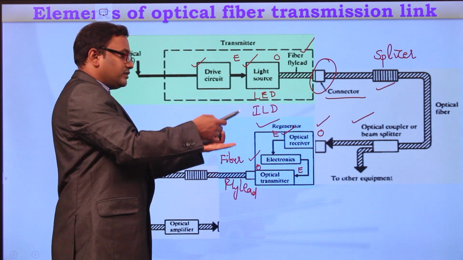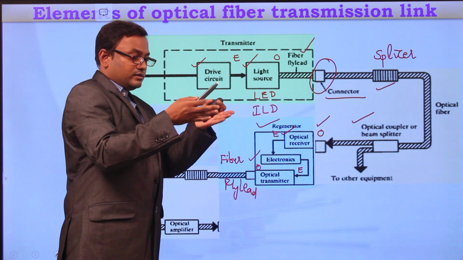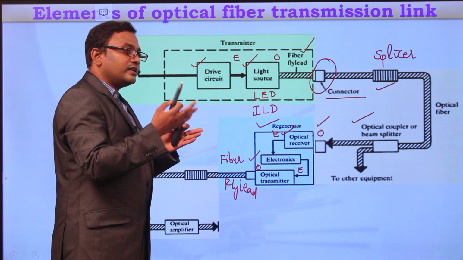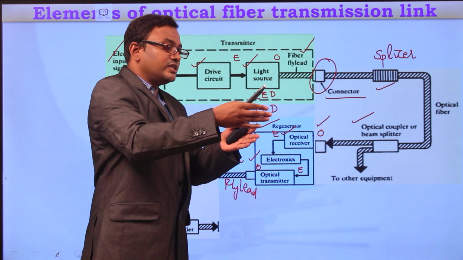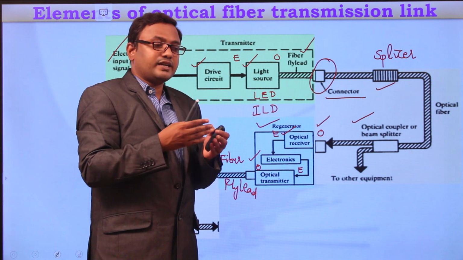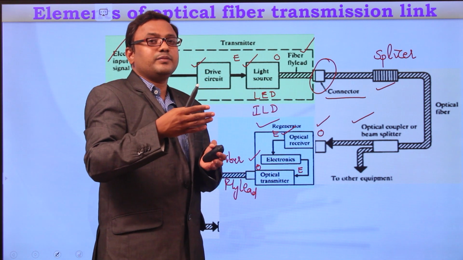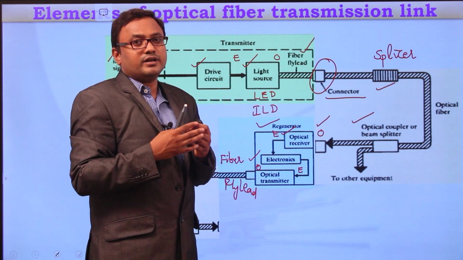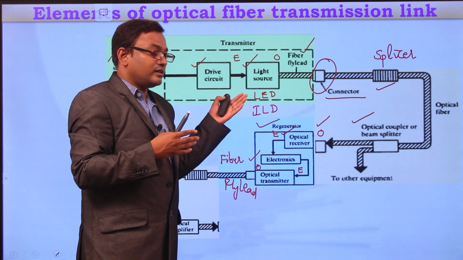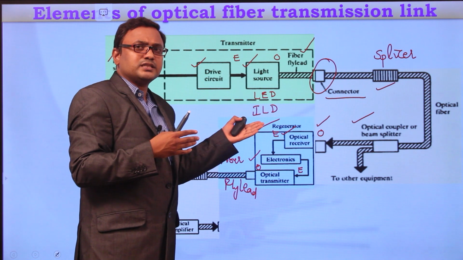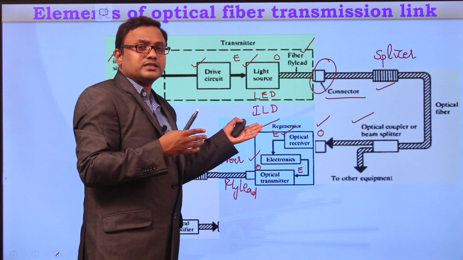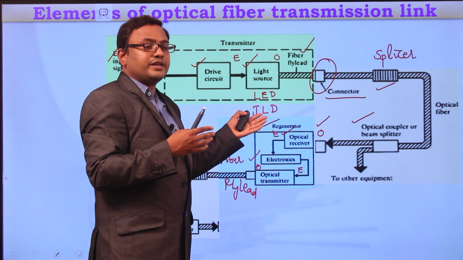So here, after certain distances in the channel, there must be repeaters or regenerators. But in conventional communication systems, at shorter distances itself, we need to keep regenerators. More regenerators are required, because after traveling for shorter distances itself, the electrical signal will be weakened. So many regenerators are required in conventional communication systems, whereas the requirement for repeaters or regenerators in optical communication systems is very low. Very few regenerators are required here.